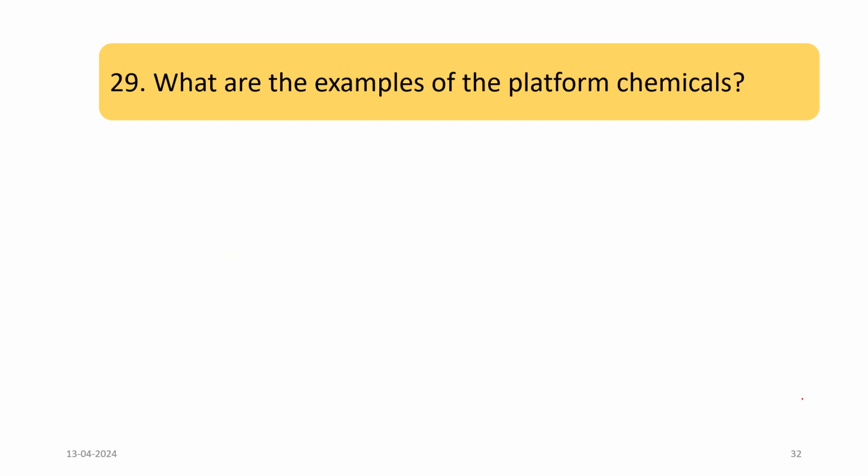Next question, what are the examples of platform chemicals? A platform chemical example is ethanol. You will see the structures from the slides; I am writing the names only. Ethanol, then glycerol,